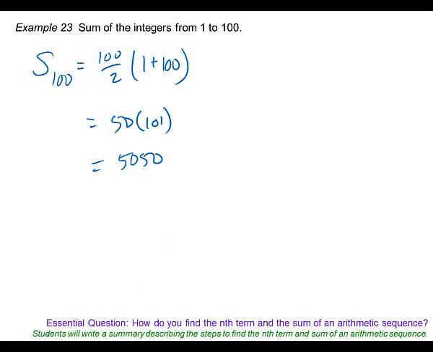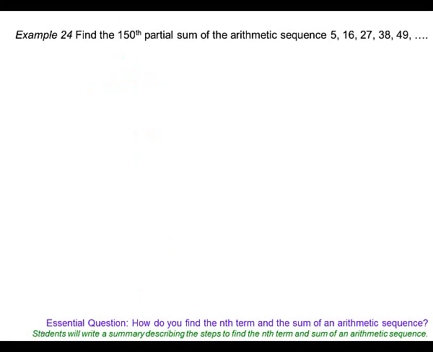So, okay. Let's look at 24. Okay? So, we're going to find the 150th partial sum. That's the same thing we've been doing all period of the arithmetic sequence. So, there's our sequence. So let's put it into our sum formula. What was the n value they wanted us to find? 150. Again, the way they set it up looks different, but it's the same stuff over and over,